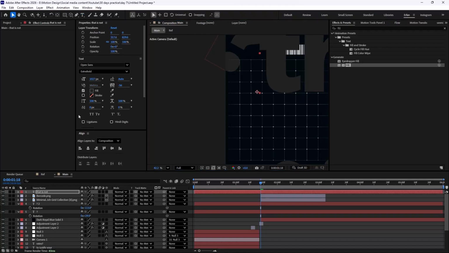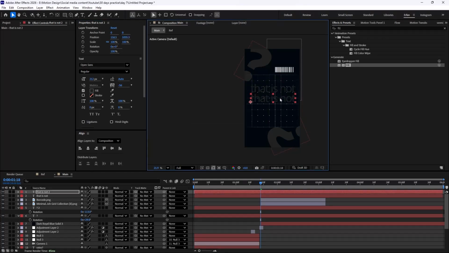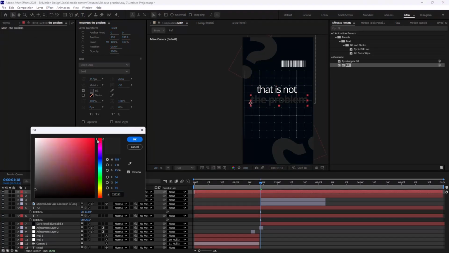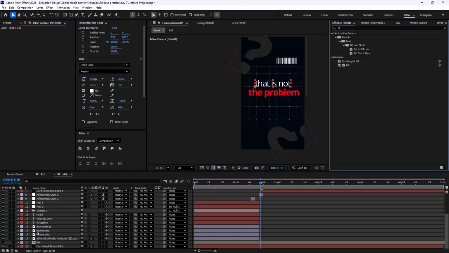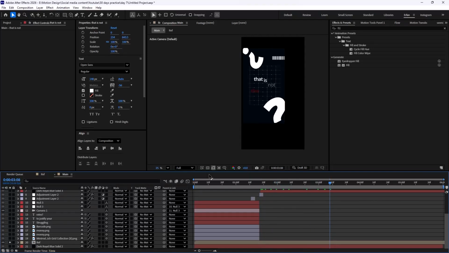So also quickly, we're gonna just add the text really quick. Okay, that should be good. Let's just open the reference to see the colors. And okay, it should be white.